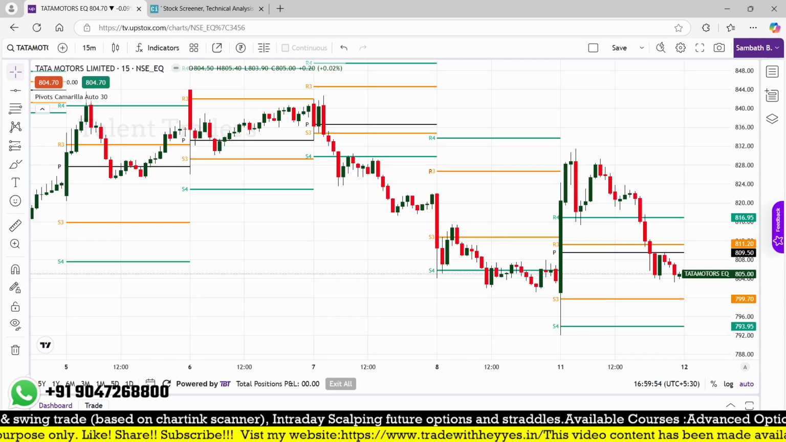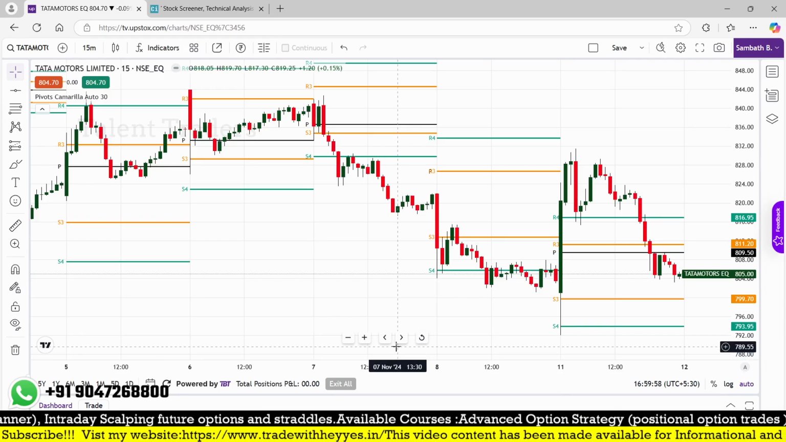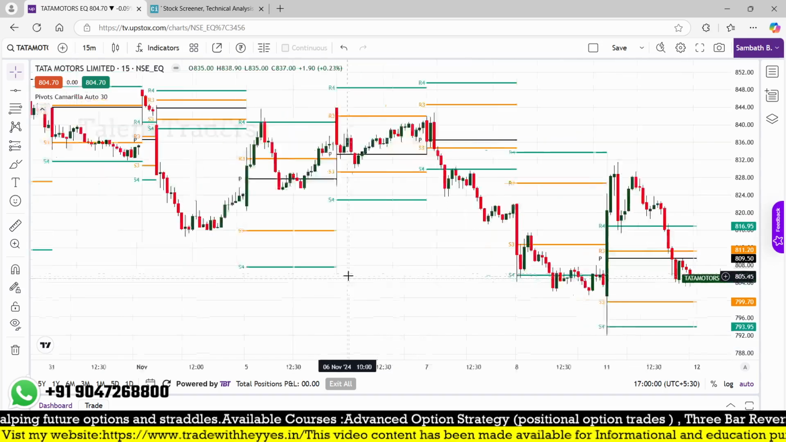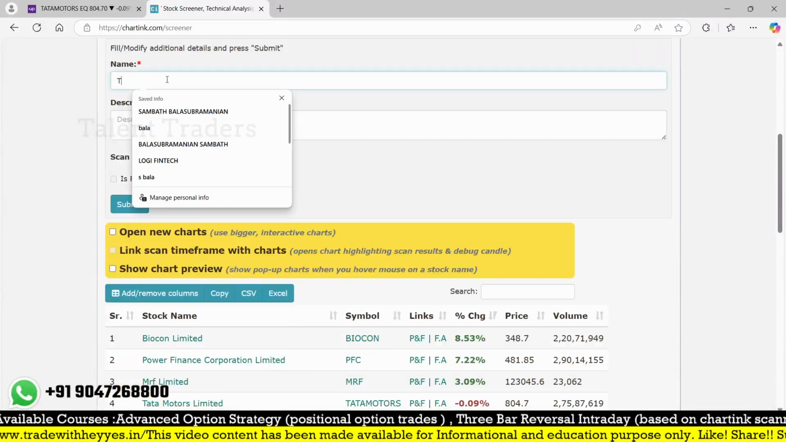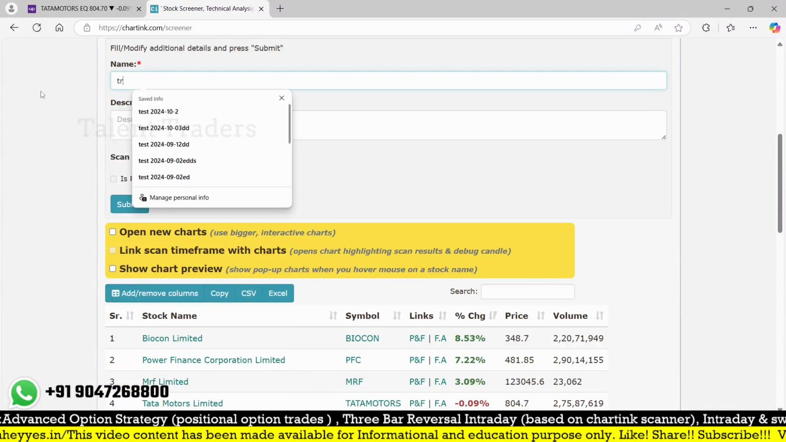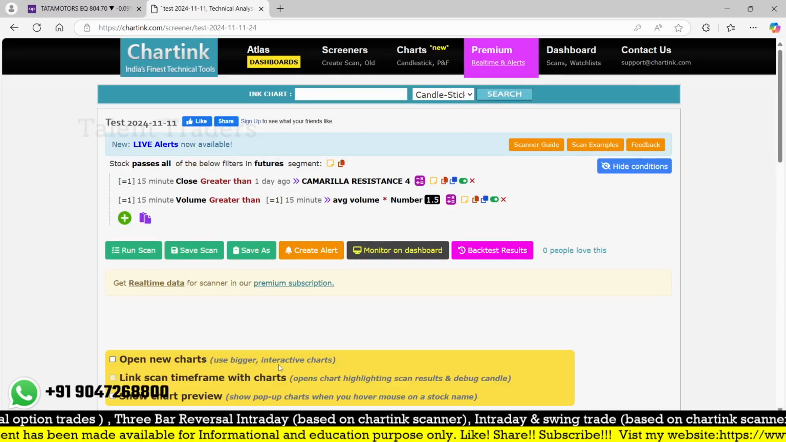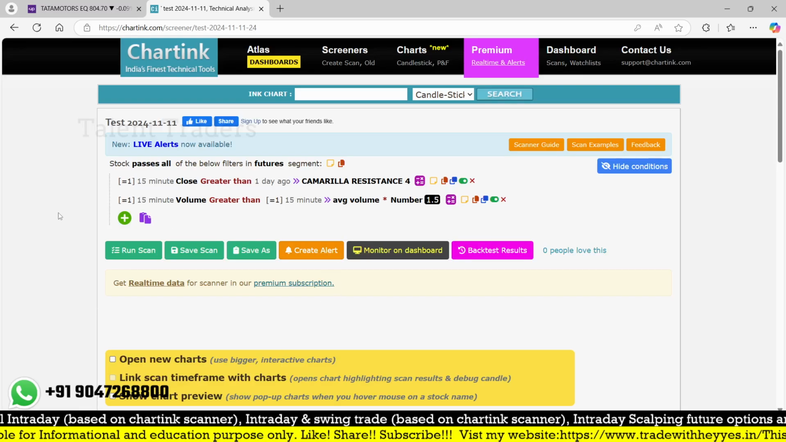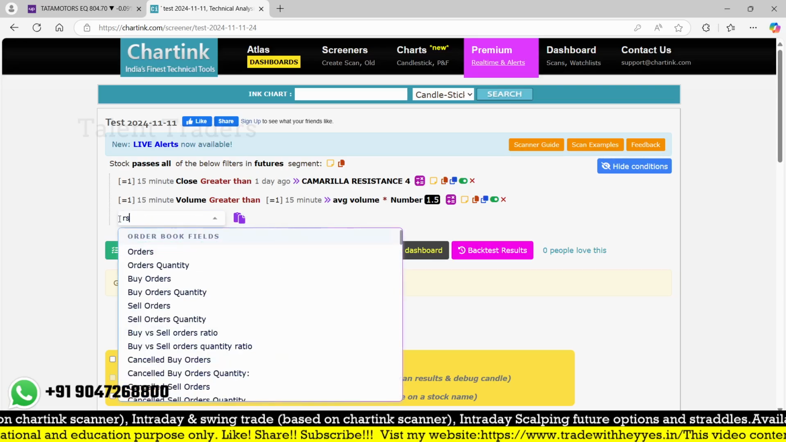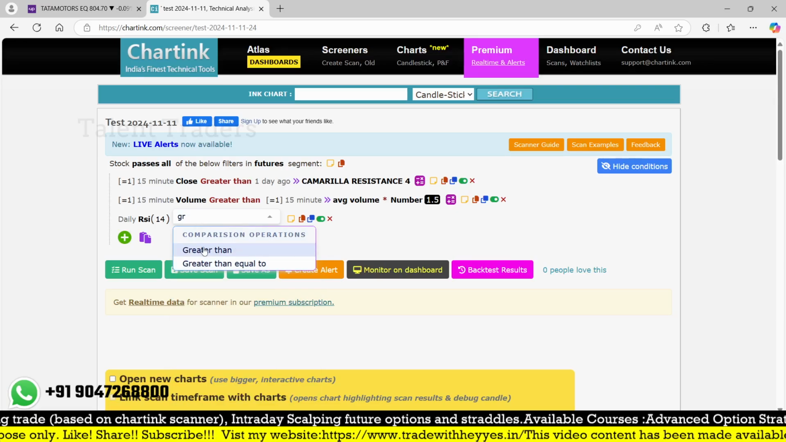We can also add some more filters, like RSI. RSI above 50 or 55 will filter out the stocks. Okay, so let me save the scan. Paste. It will be shared on our premium Telegram channel, and we will also try to create a scanner for the opposite side. And let me add an RSI, relative strength index, greater than